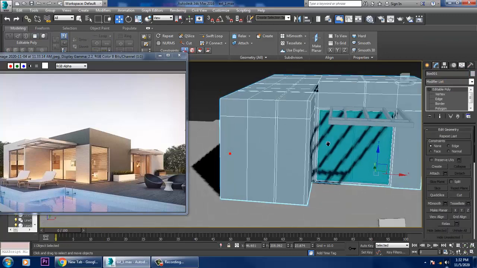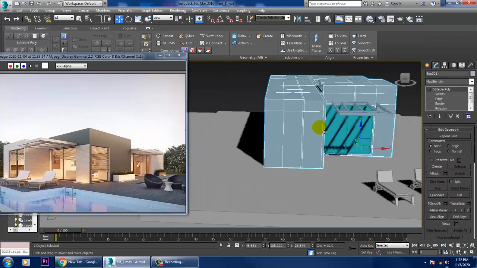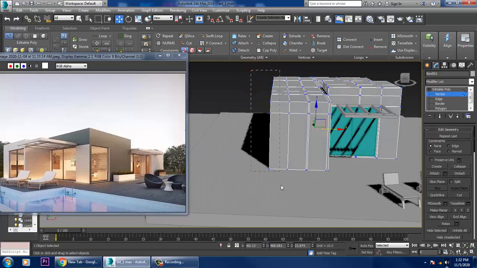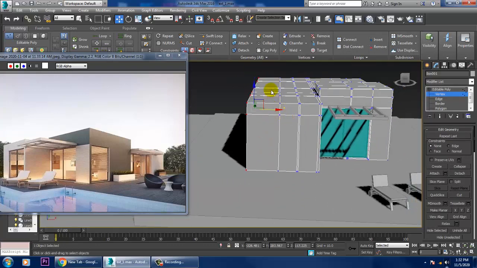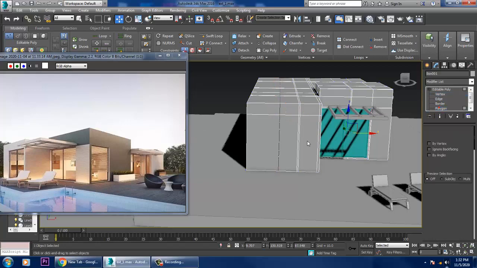Select this over here. We'll just slightly push this out. Again, go into this polygons.